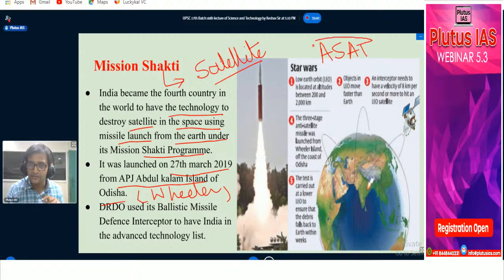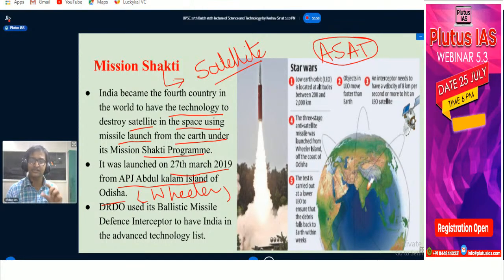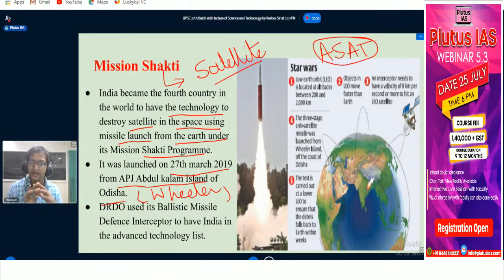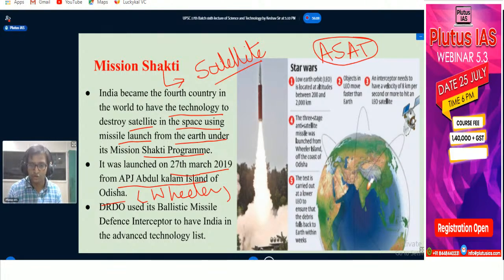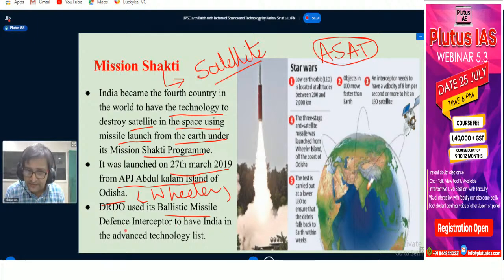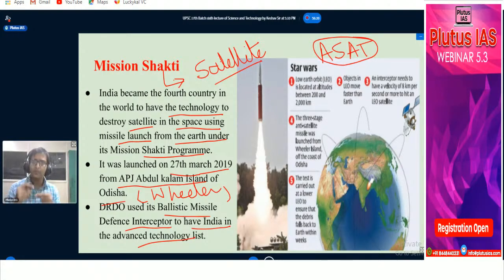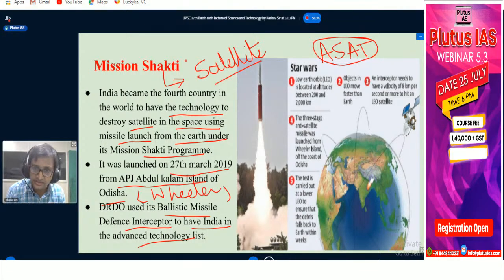ASAT missile. That's why it is called ASAT missile. Anti-satellite missile. ऐसा missile जो satellite को destroy कर सके, anti-satellite missile. And India became the 4th country, because US, Russia and China, these three already had this type of system, this type of technology, and India became the 4th country to have this. DRDO used its ballistic missile defense interceptor to have India in the advanced technology list. So with the help of the ballistic missile interceptor, India also came in the list of